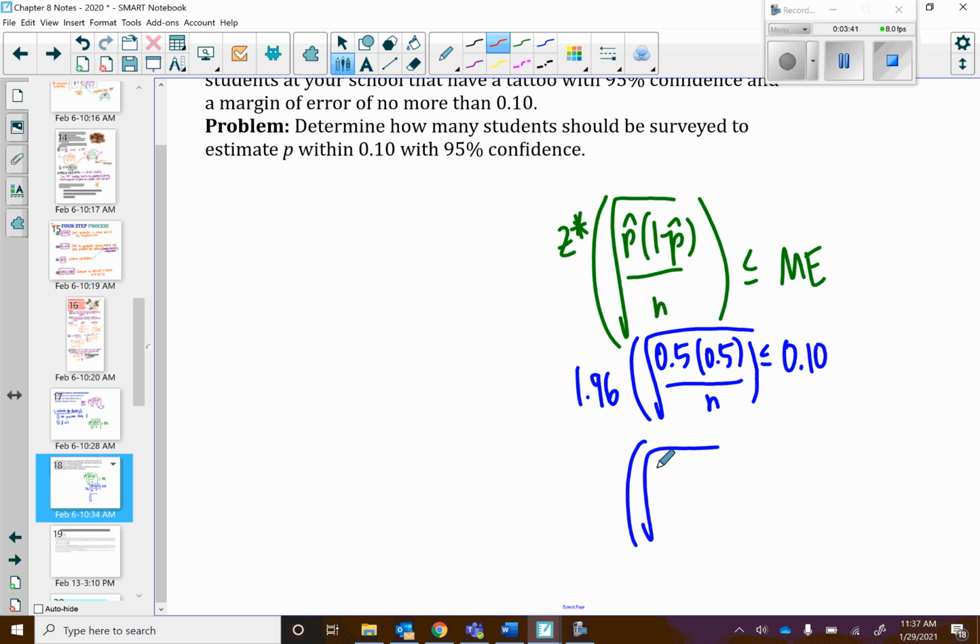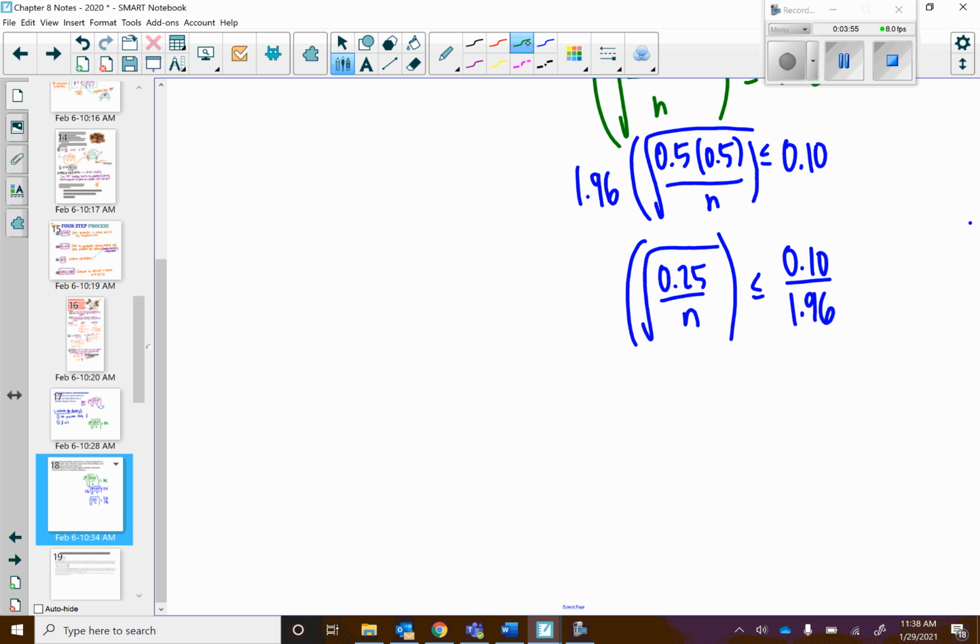So I have the square root of 0.5 times 0.5, which is 0.25 over n is less than or equal to 0.10 divided by 1.96. I don't even need to know what that is right now. To get rid of my square root, I am going to square both sides. So then I have 0.25 over n is less than or equal to, if you want to pause the video and try and type that into your calculator, you can. Otherwise, you should get a decimal,